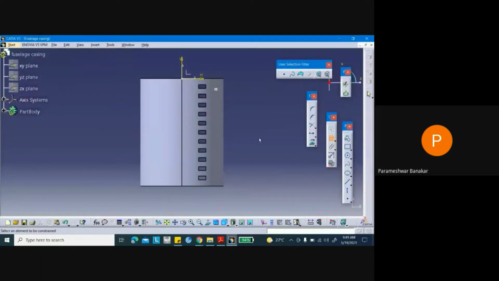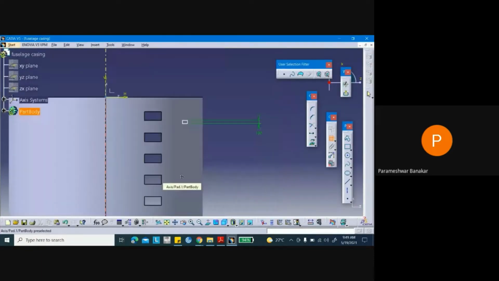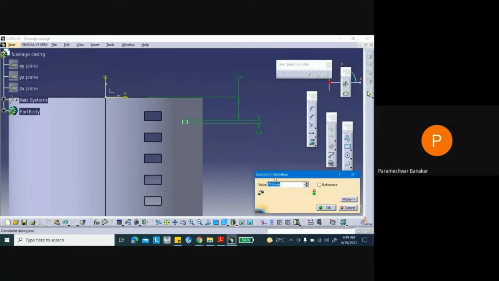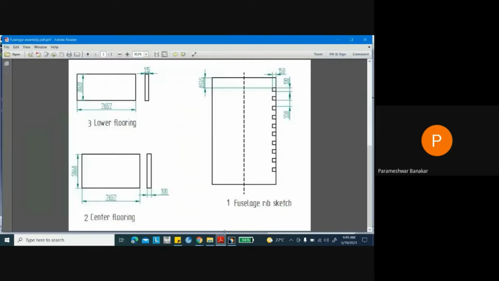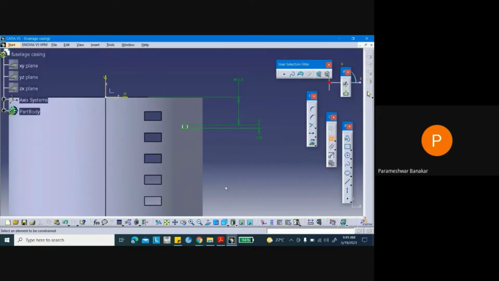Correct? From its top end, it is located at a distance of 853.5 mm, and it's located exactly coinciding with this edge. So for that I'll give you one small trick here how to do that.